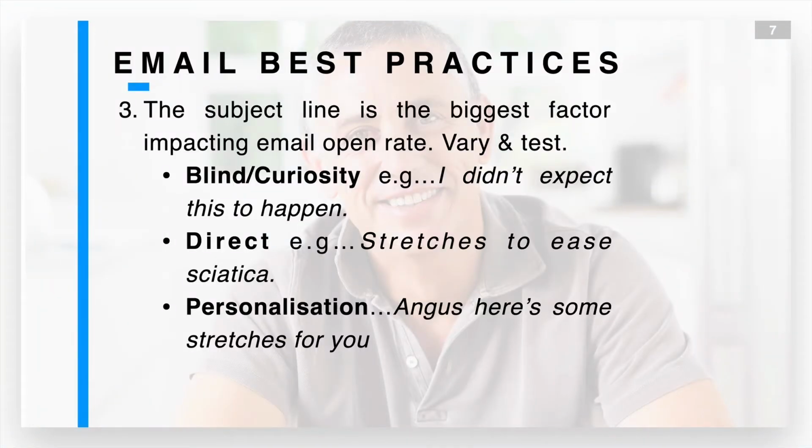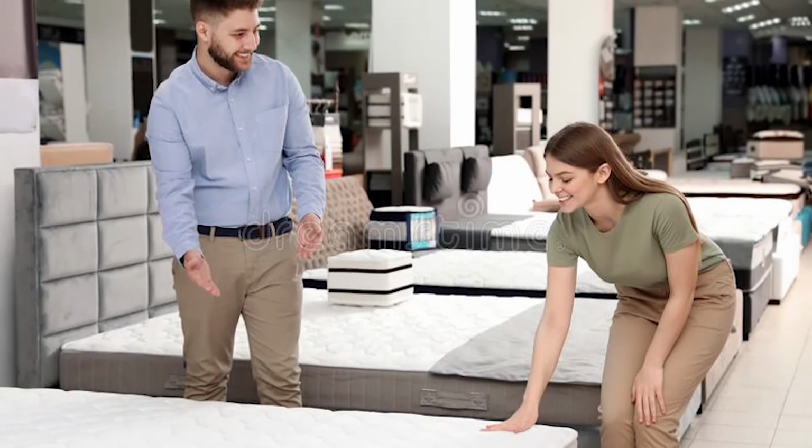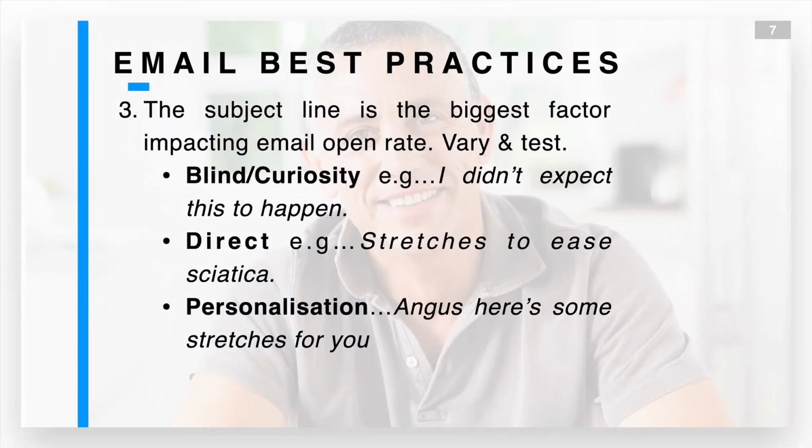The second one is a direct, it's really clear, it explains exactly what's going to go on and probably the benefits too. So, that same example, if I did a video around choosing a bed there too, a direct headline might be 3 things to think about when choosing a bed. So it's really clear in terms of what this email is going to be talking about. And then the final thing to think about, and we can mix some of these together there as well, is personalization.